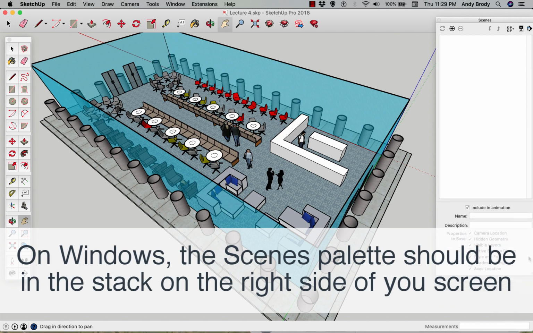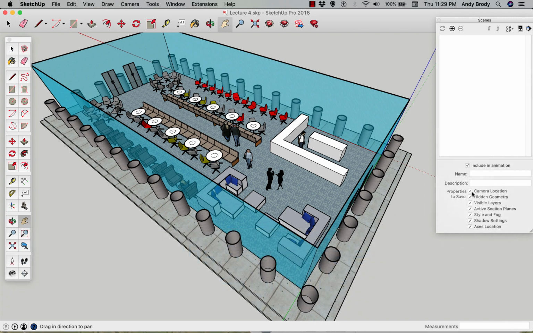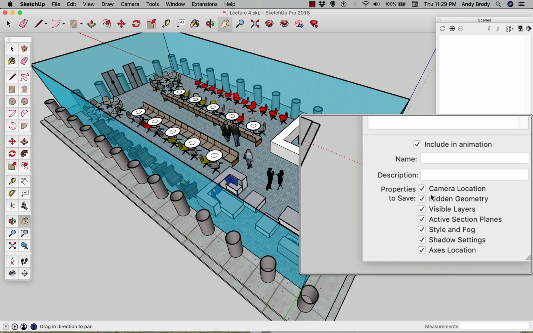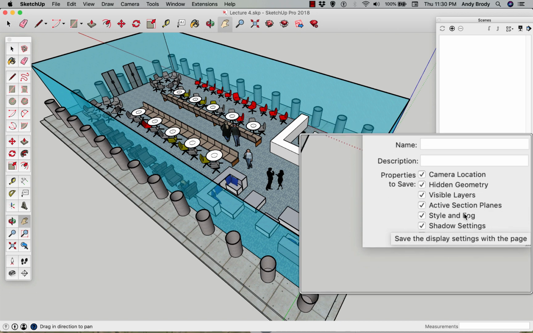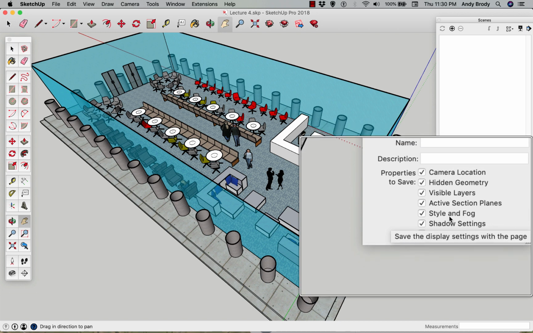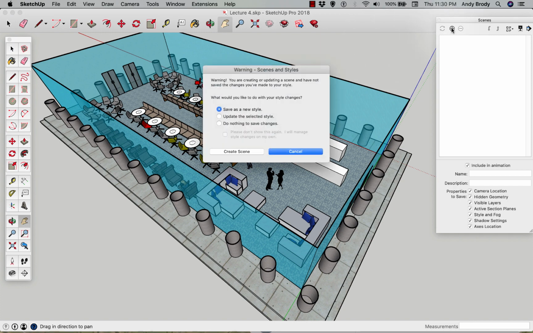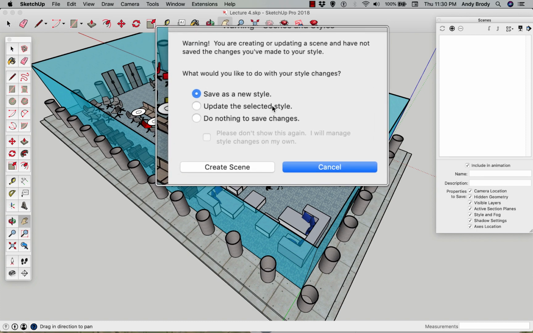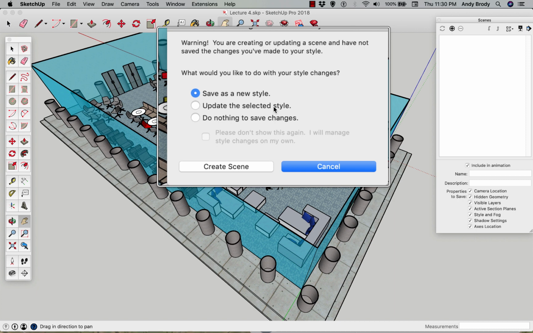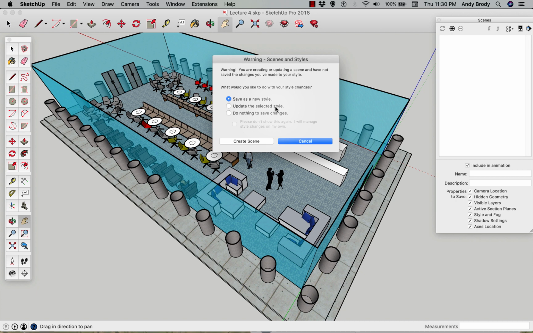But what this allows you to do is save a view of your project and all the information about that view: the camera location, whether or not there's geometry that's hidden, active section planes, and something called style and fog, which we haven't learned about. So all I have to do is click the little plus sign. And what it's going to tell me is, hey, you have modified something called a style. Do you want to modify the style that's in the project,